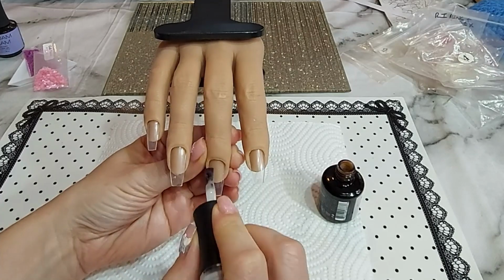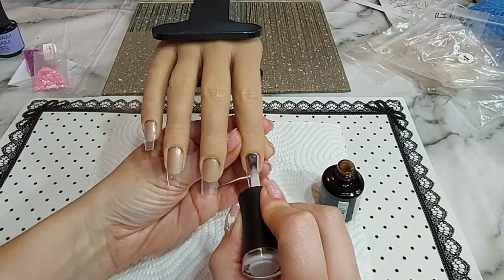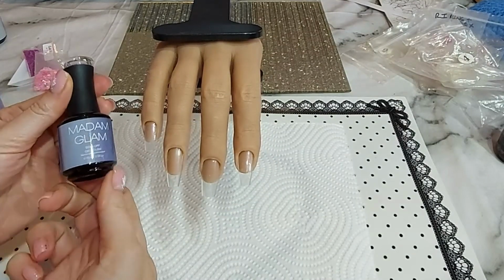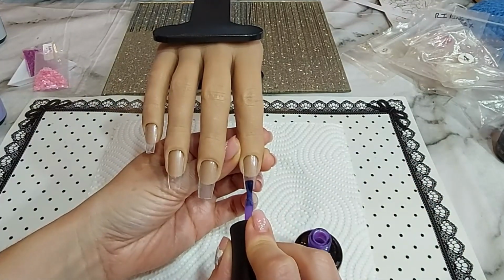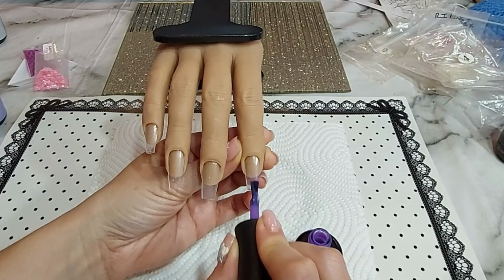So I'm putting that on the little finger. I don't know why I put it on the little finger because I just covered it up later, but I'm putting it on the middle finger and the pointer finger as well. And then I'm using Beautiful Chaos, which is a metallic gel polish, and that's going on the free edge of the pinky finger, the pointer finger and the middle finger,